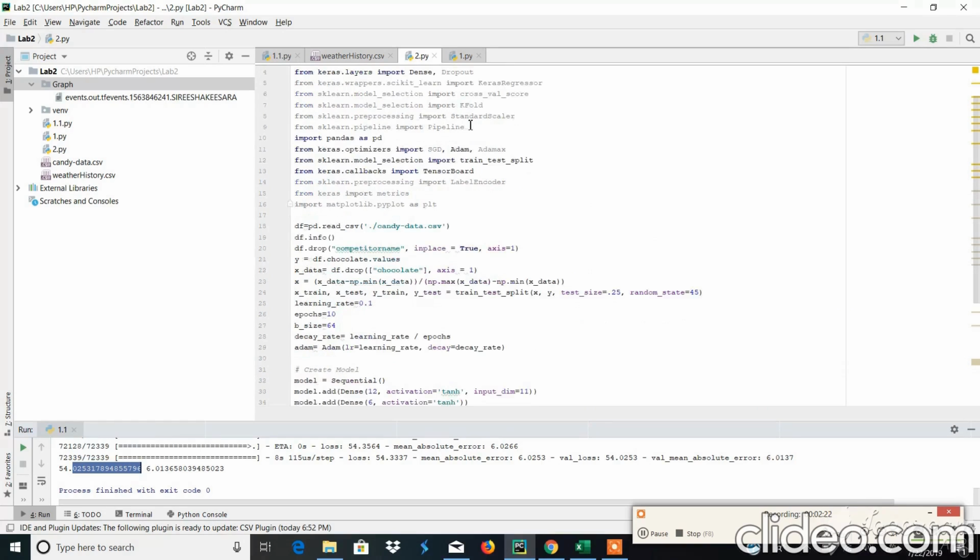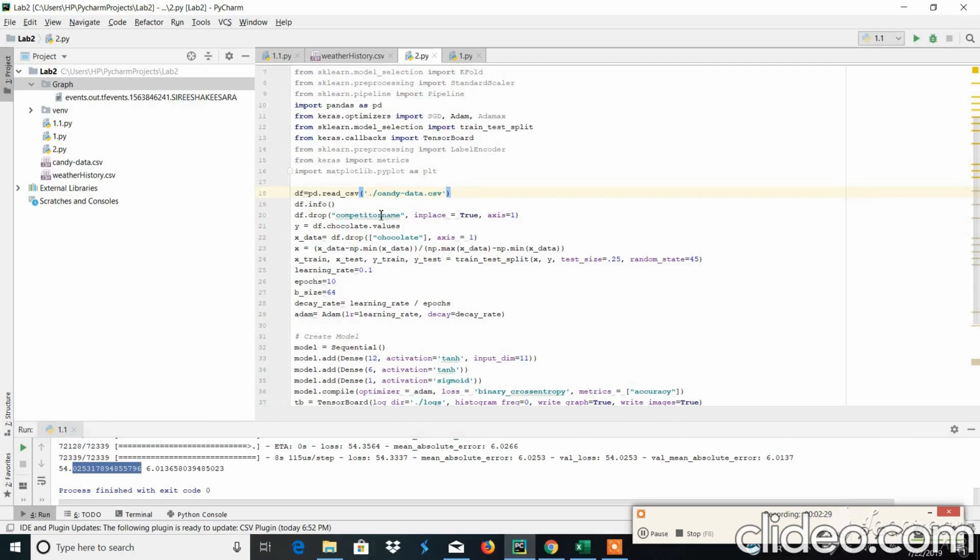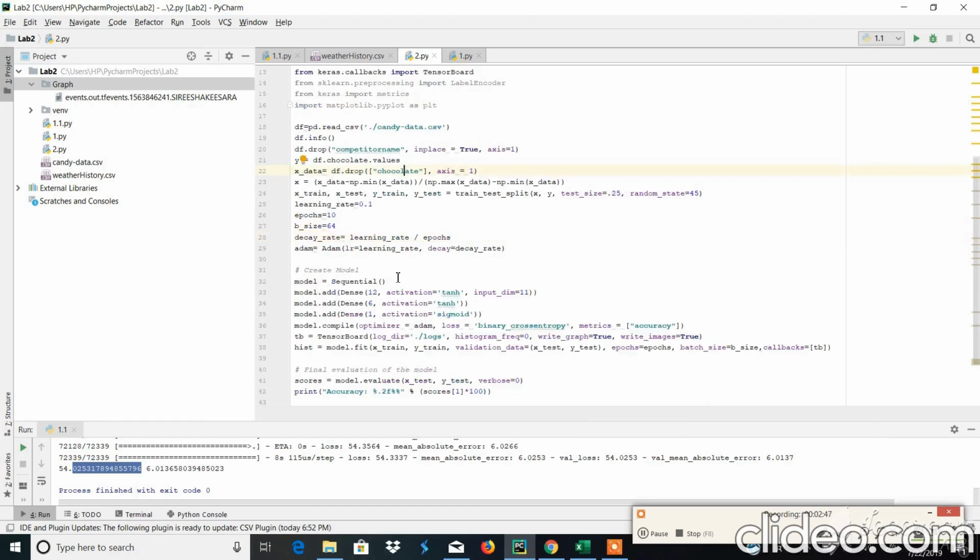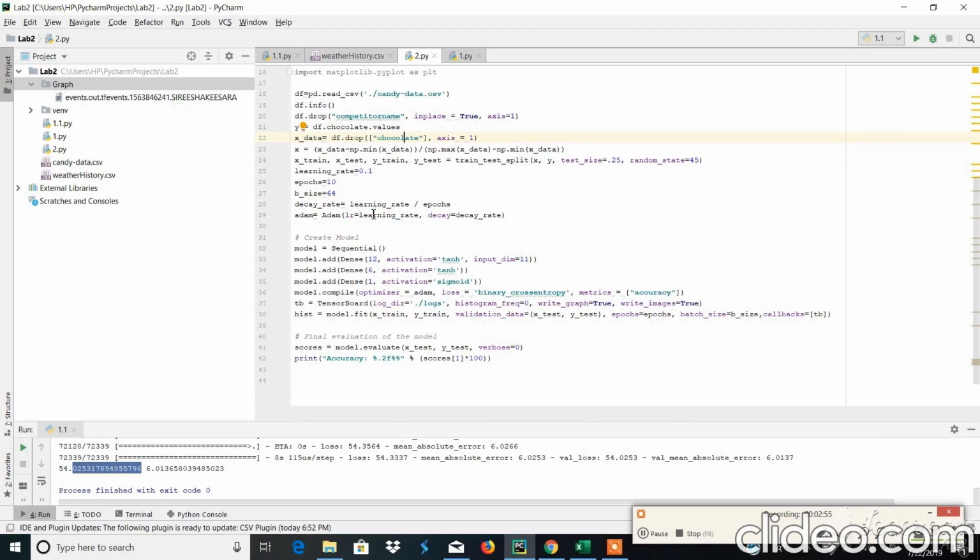So coming to the code, I have taken the candy data in which I'm going to determine whether the given candy is chocolate or not. I'm eliminating the competitor name field because I don't need it, and I'm taking the chocolate values into y, and dropping that and the remaining into x data, and normalizing the data, and dividing the data into test and train, and calculating the learning rate, epochs, batch size, decay rate, and using the Adam optimizer,